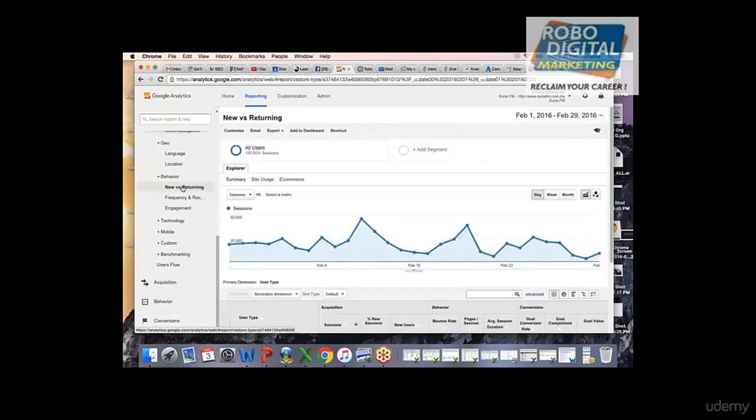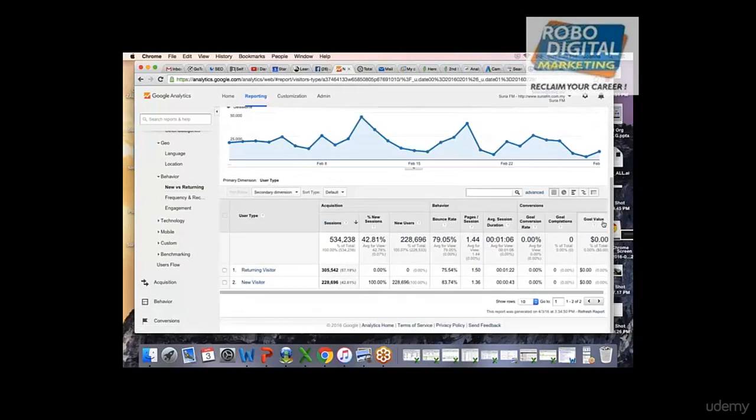Now, new versus returning. It shows how you are retaining a good amount of people. If you look, there are 5 lakh sessions happening on your site. So I have no returning visitors? That's bad.